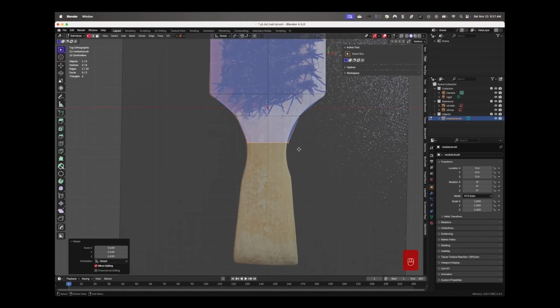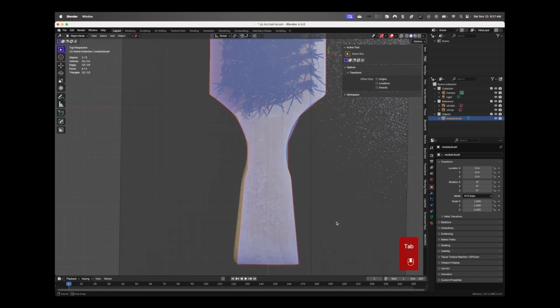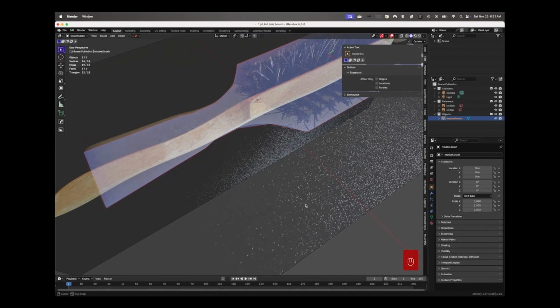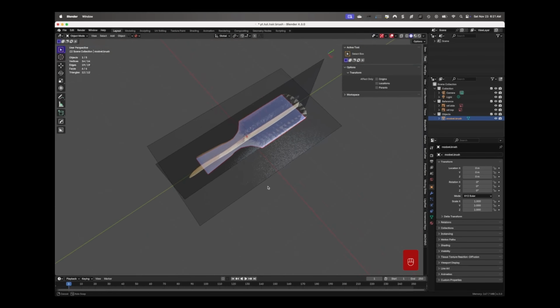And just take your time, just so you can get it pretty close. It'll make a big difference in the end result, as you'll see. I'm going to come down in the end, and you see how it scales out on the x-axis. I'm just going to scale that thing out. So right now we just have a flat plane, but roughly it's the shape of that brush.